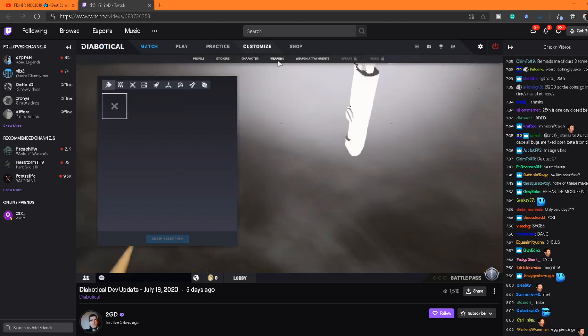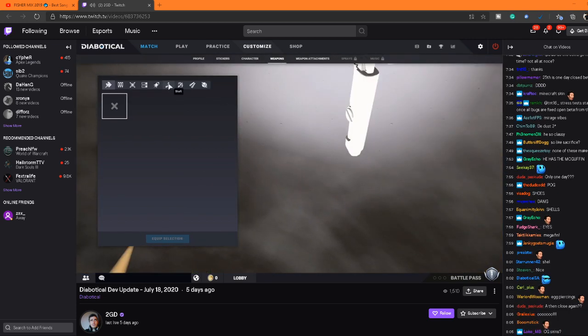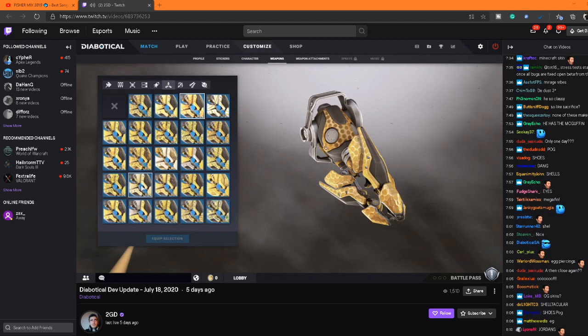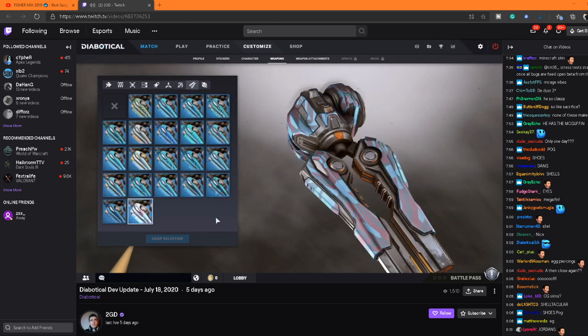And then we've been working a lot on weapon skins. Some of these won't make it in because they're not high enough quality. Some of them are, like this one's maze. I like the maze ones. This one's maze as well. So,